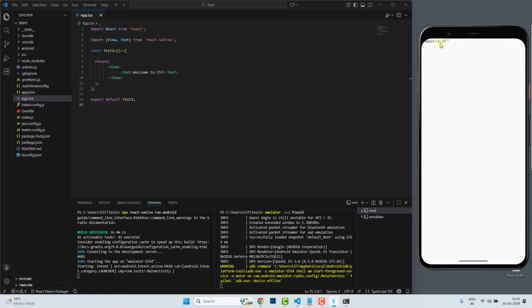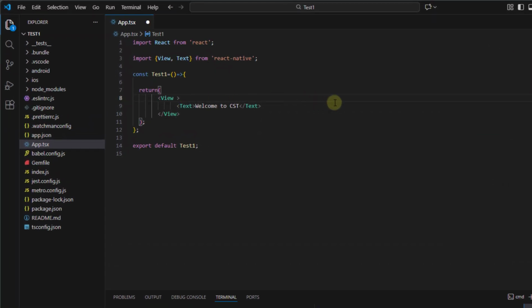Now we have to apply some style code which is used to display this message in the center of the screen. For this, type the style attribute, style equal to curly bracket start, and once again curly bracket start. Inside this curly bracket, we have to type flex: 1, justifyContent: center,